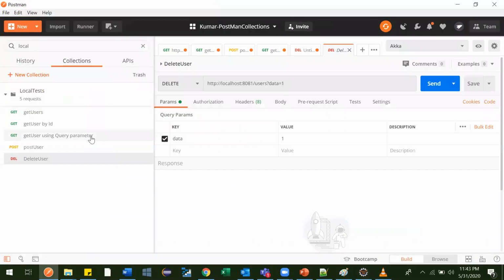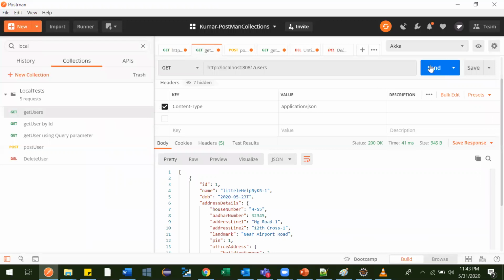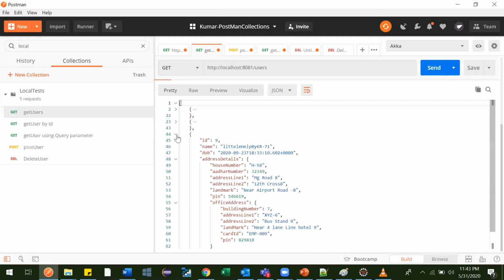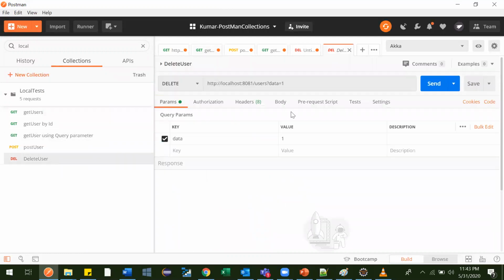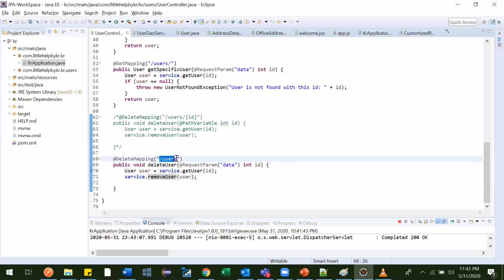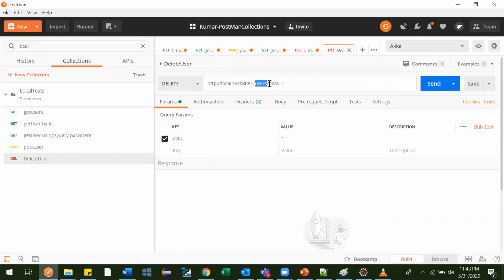Currently, when we hit this get API, we see what all users are there. The first user is with ID 1, the second one is with 6, and the third one is with 9. So we have 3 users. Now we'll delete one of the users. This is the base URL, and then slash users, which is what the developers have given, and then we need to pass the ID.